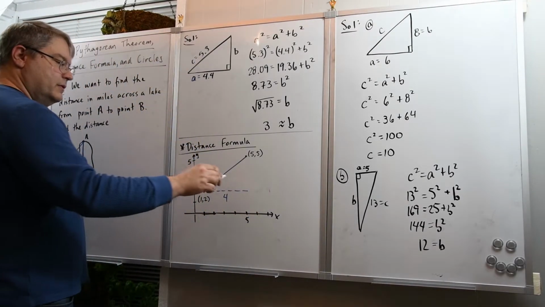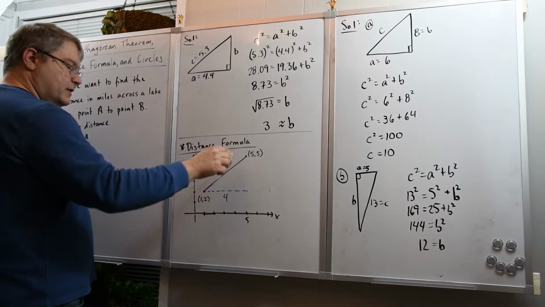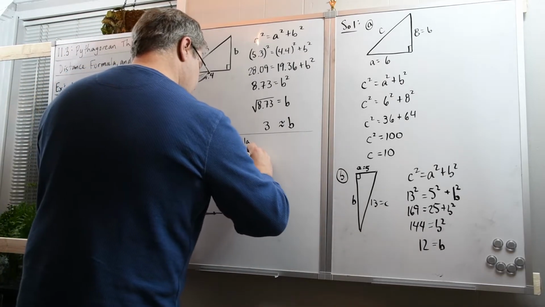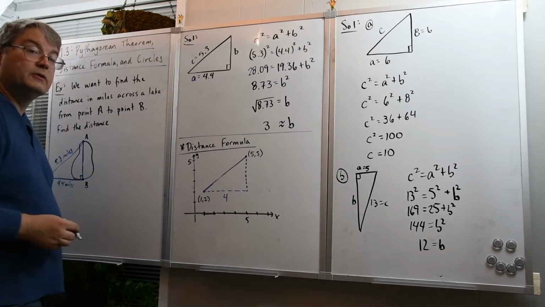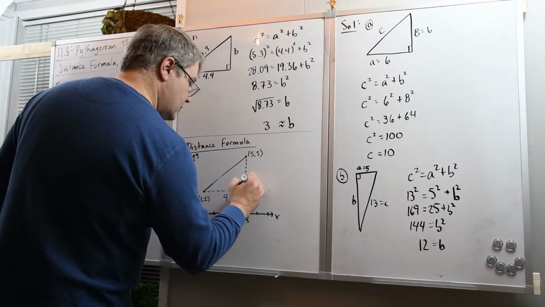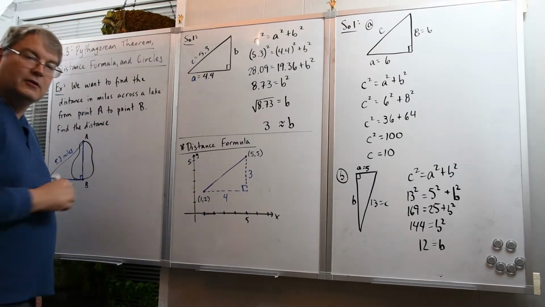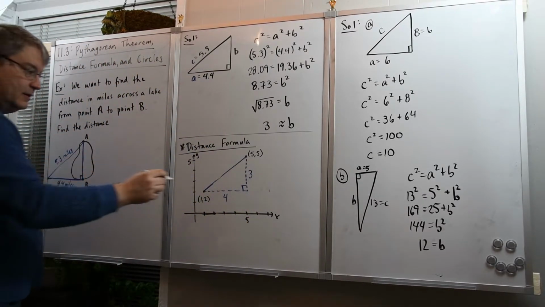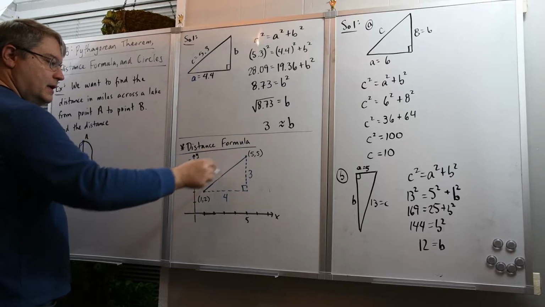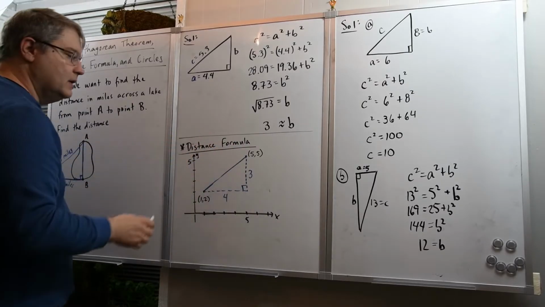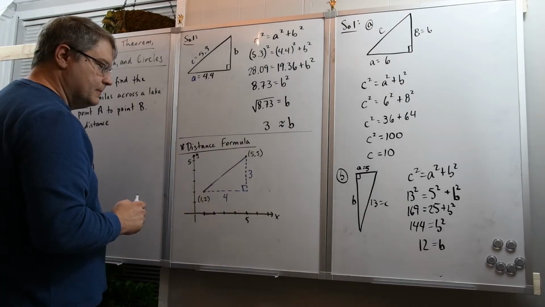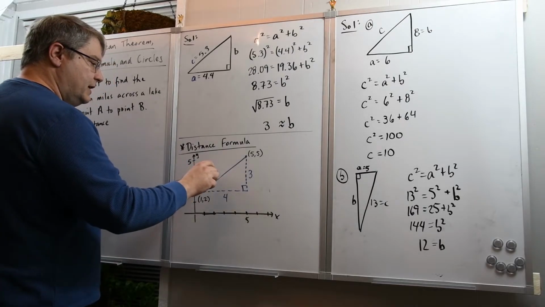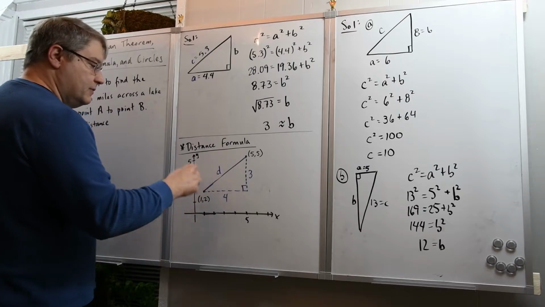And to move vertically from this point to that point, y-wise, we had to move from y equals 2 to y equals 5. So what we've done is we've formed a right triangle. These are the legs, and this side that joins the 2 points, 1, 2 and 5, 5, that's the hypotenuse. So if we were to label this side with d for distance,